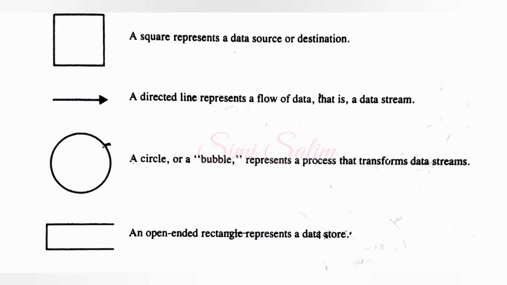The circle or bubble represents a transformation process, and the label inside the bubble describes the process using an action verb. Data flows are directed lines that identify the input data flows and the output data flows at each process bubble. Data storage is represented by an open-ended rectangle with a label that identifies the data store or file. The square is labeled to identify an external entity that is a source or a destination of a data flow.